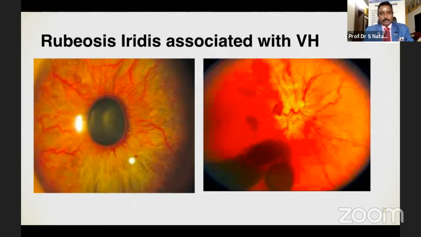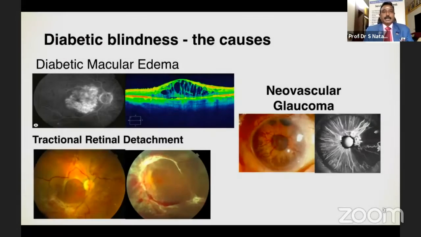anti-VEGF the same day. Even though it was given a day before, usually we expect that there can be a systemic absorption, and systemic absorption takes place over a period of a few days. So I think the next day you can add it as a severe eye, otherwise they will result in severe neovascular glaucoma. And diabetic blindness, diabetic macular edema, traction retinal detachment, and neovascular glaucoma are the conditions where we